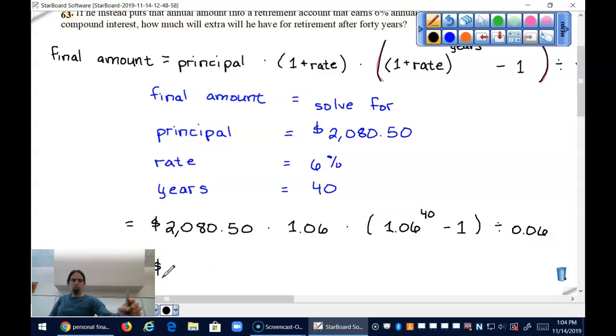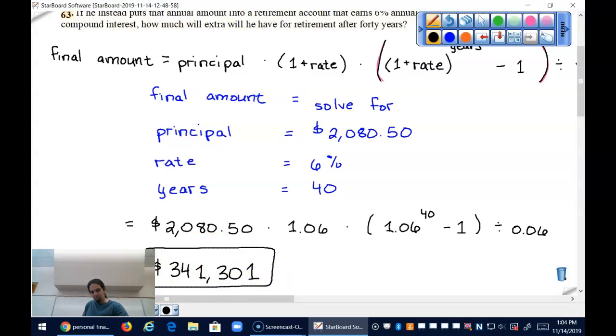Okay, let's save. So what is this? Times 1.06 times 1. Okay, 341 hunch stuff. Is that what everyone got? Again, you can round the cents however you want. It doesn't really matter. Okay, so just by quitting smoking, he was almost able to completely save for retirement with